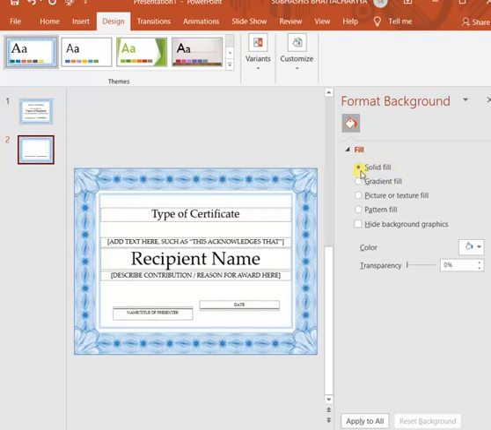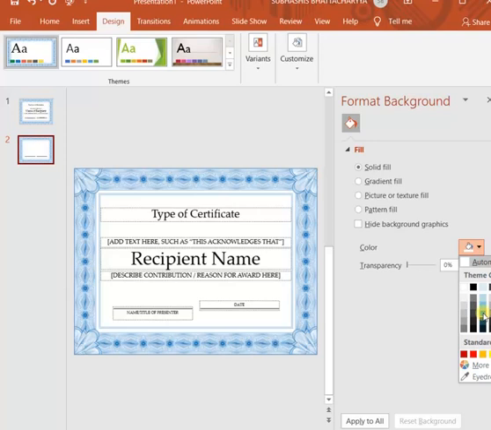So if you already have a different type of style selected and you want to come back to solid fill, then you have to select this solid fill. Already it is solid fill, so let me change it to gradient fill. But before that, one more thing. In solid fill you can change the color you want from this color option. By default white is selected. You can change to any color you want from here.